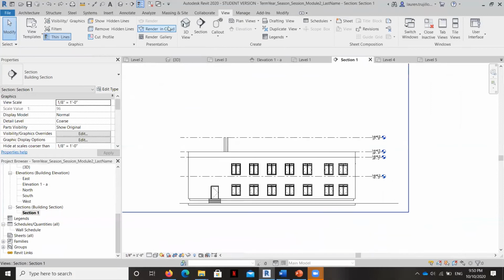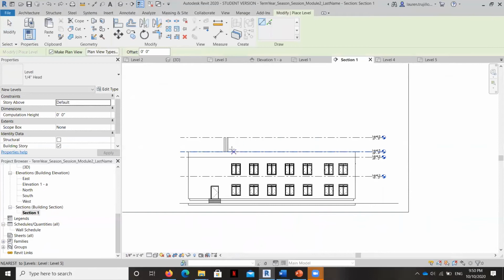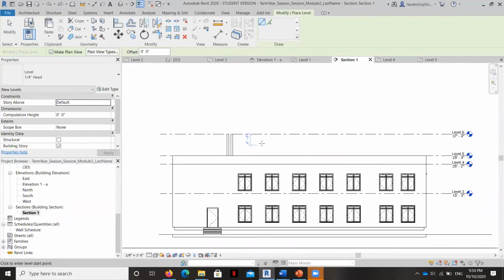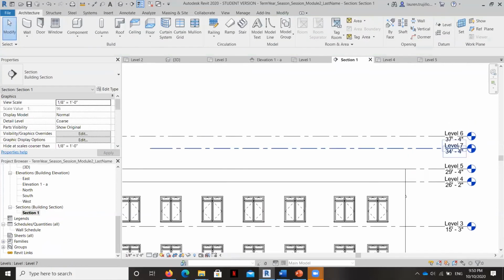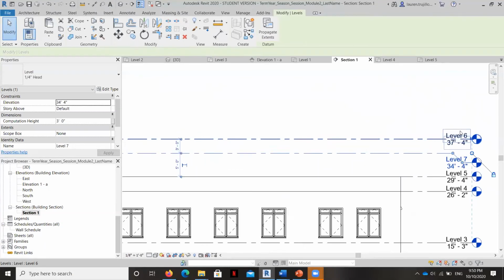So what we'll do is I'm going to go back to this section and add a new level that's right here. And it's going to be 5 feet, remember? Right here. And we're going to have to rename these so that it goes from level 6 all the way up to level 7. So that's not going to change anything right now, but it's not going to let you duplicate. So this is kind of what we have to do for now.